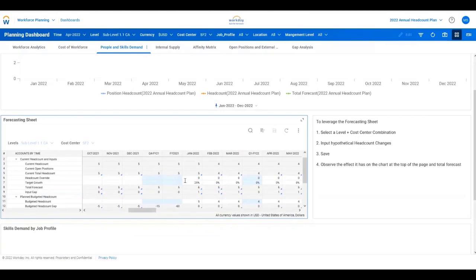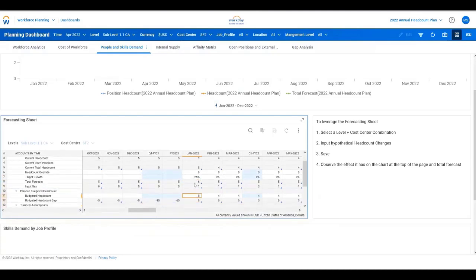We can now see the effect of increasing the headcount at the sublevel 1.1 CA Cost Center SF2 intersection gives us a total forecast of 6, creating a gap of 1 headcount that we can then look to fill either internally or externally. Moving down the sheet, there is a row for organizations to store data for the budgeted headcount